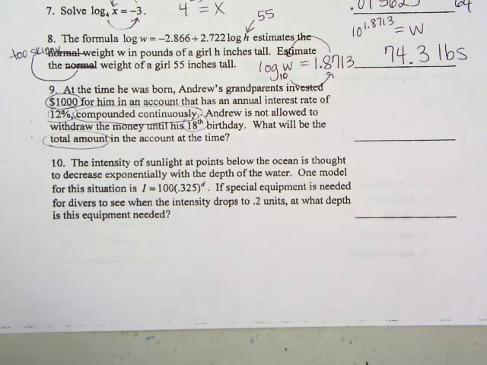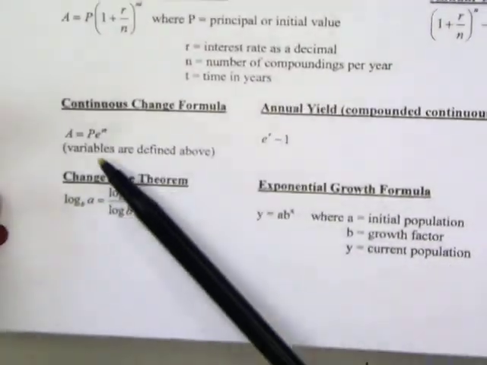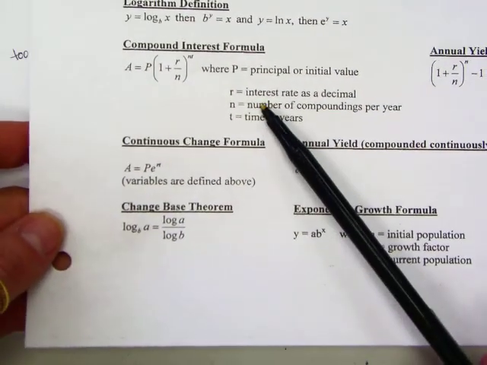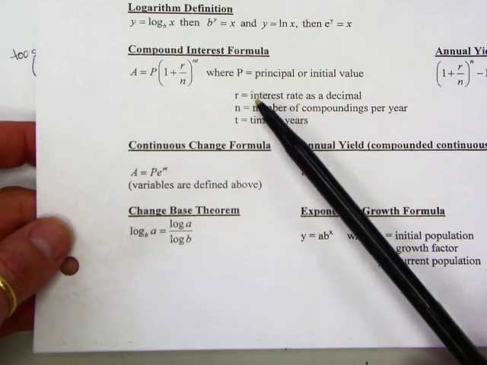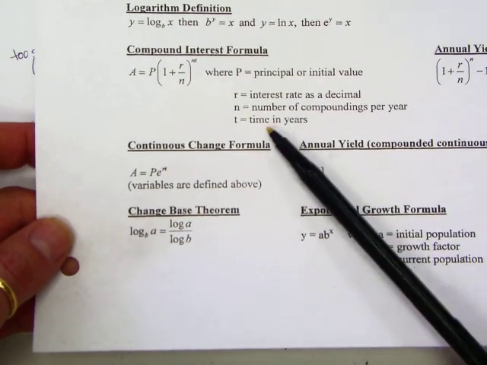All right, so when I'm looking at this problem, I'm looking for how much money was put in the bank, at what interest rate, for how long, and how was it treated when it was there, okay? Was it compounded continuously like this? That means I have to use a special formula, or daily, or monthly, or quarterly, or whatever, okay? So since it was compounded continuously, I want to use this formula, the continuous change formula, okay, where P is the amount that was invested, R is the interest rate as a decimal, N, whoops, we don't have an N in this one, T is the number of time or the